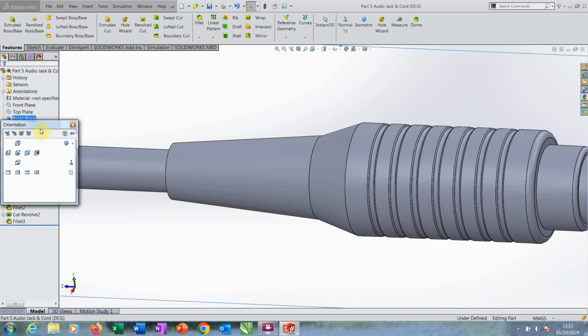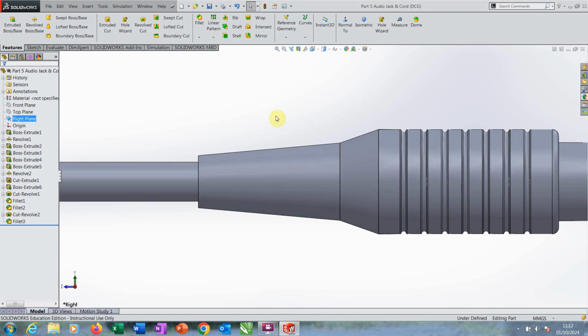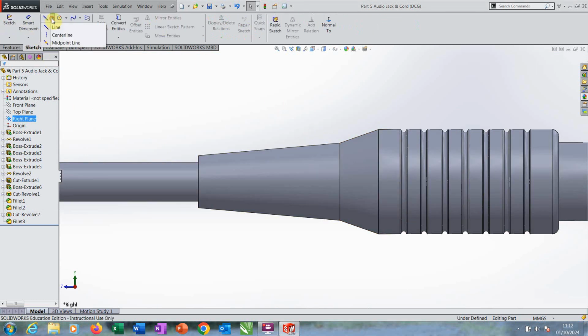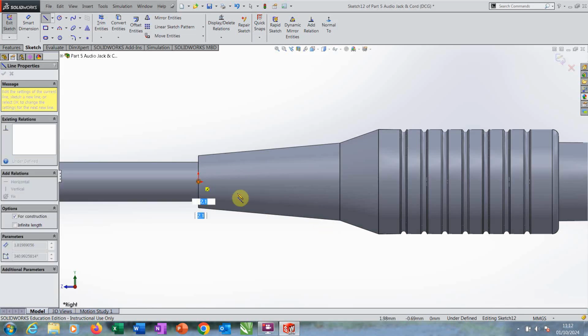So right plane, spacebar, normal 2, zoom in. Now we want a center line from origin